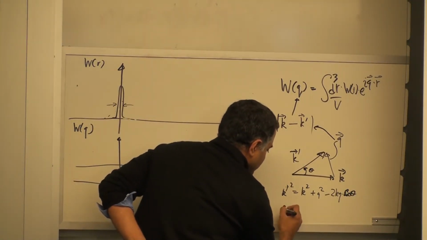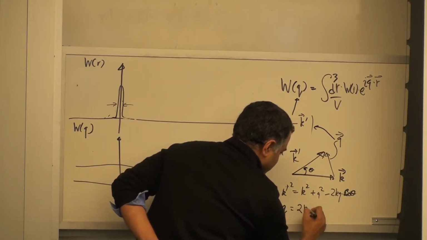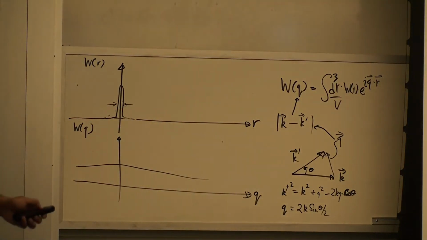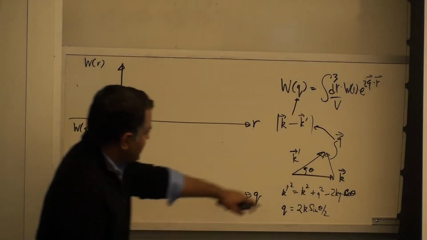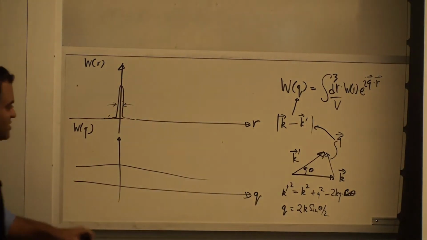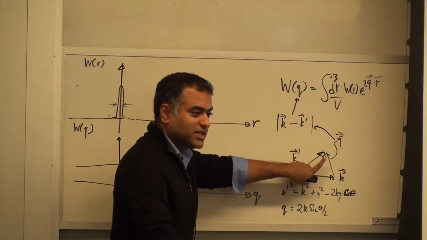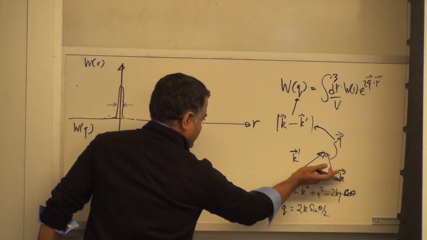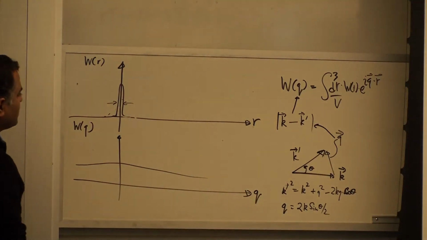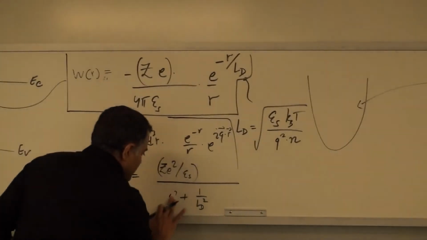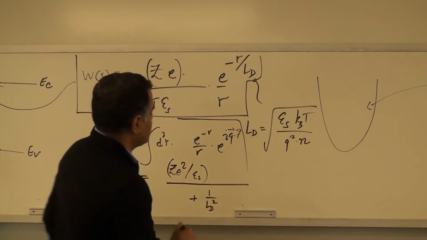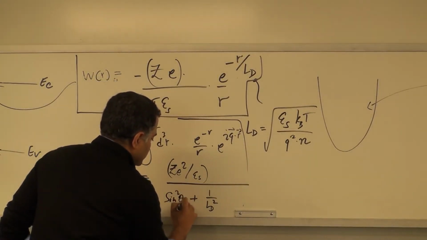From here, what you can show in one step, which I'm skipping, is 2k sine theta by 2, using the half angle formula. So q is roughly 2k times sine theta by 2. You can see it physically here: if theta is small, you get k times theta, since the length of this arc is just k times theta. So now I can write this as sine squared theta by 2 over